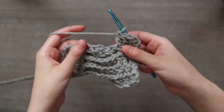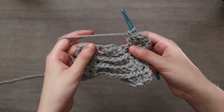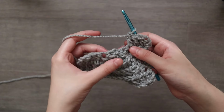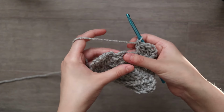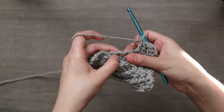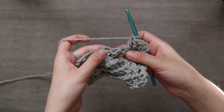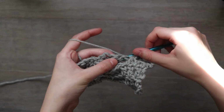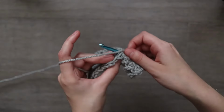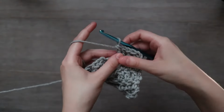Just like this. So now for row 5, into these next 6 stitches, we will actually be doing back post double crochets. And this can be a little bit tricky because it's kind of twisted, but basically just pull this apart and you'll see the first 3 stitches right over here. So I'm going to show you how to do this. We're going to do the same thing as we did last time. We're just going to go right behind this back post, pull through, and just do a regular double crochet